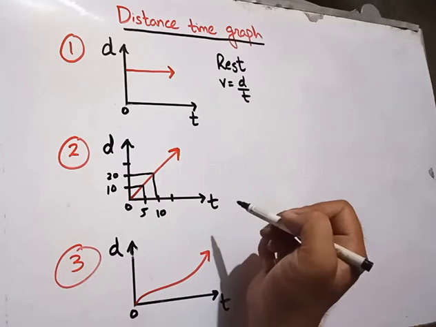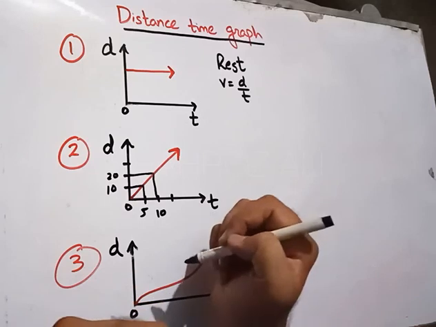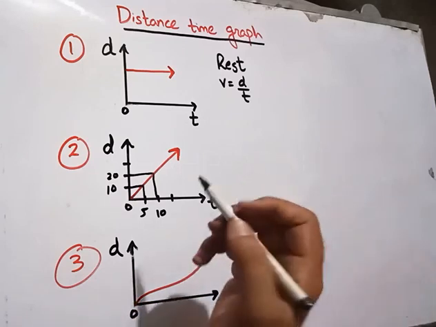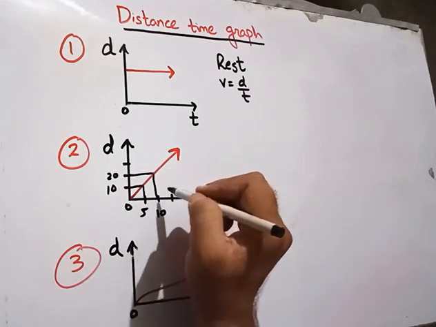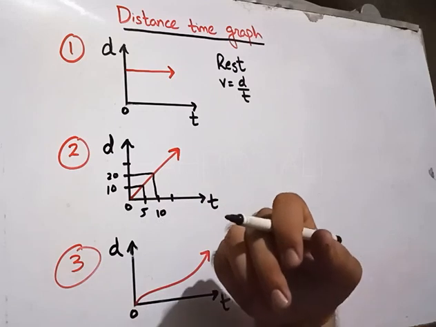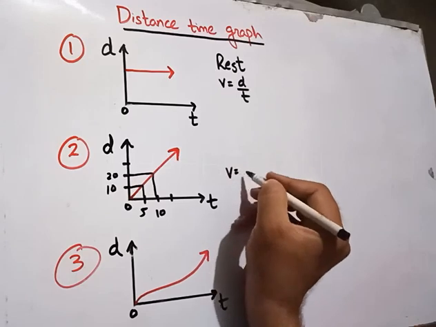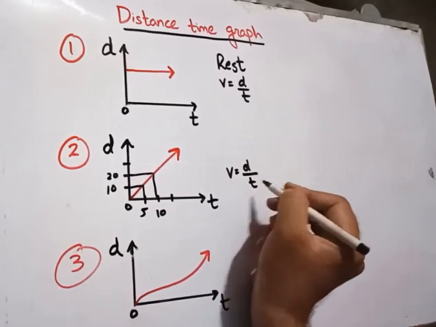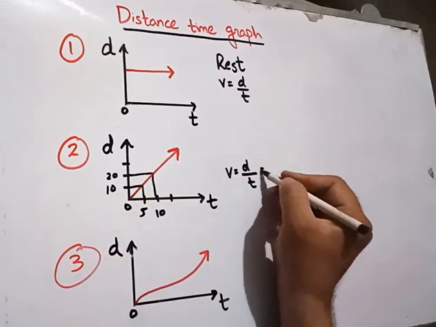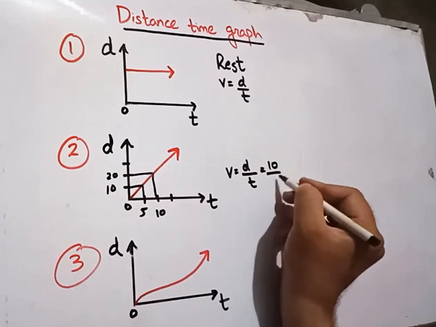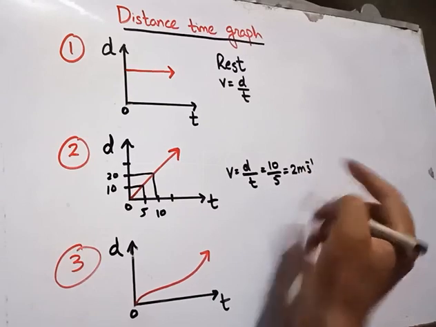Now you want to find whether the intervals are equal or not. Just take any two values, like if you take 10 or 5, then the interval will give you the same answer, like 2. Let me write, as we know that v is equal to d over t. What is the distance for these 2 points? Distance and time. Distance is 10 and time is 5. By dividing it, you get 2 meter per second velocity or speed.